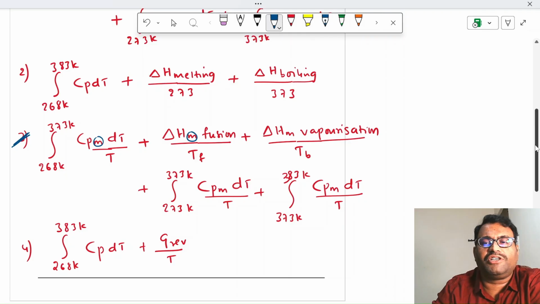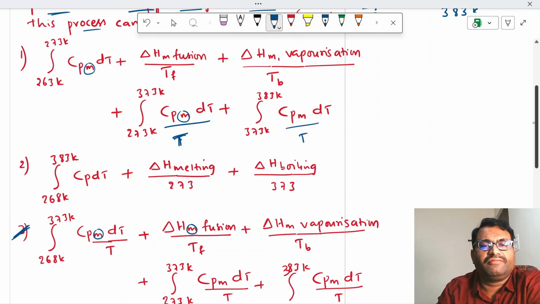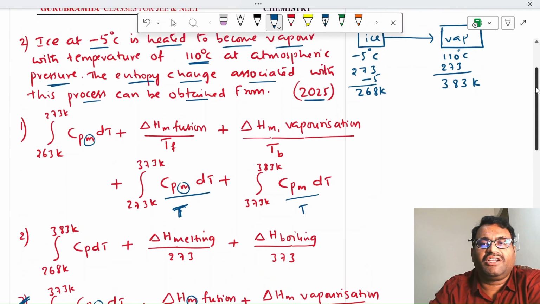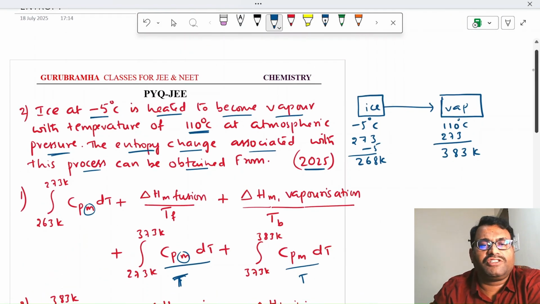The first option also seems similar, but what is missing there is by T; there is no T here, right? Regarding the change of state and the change of temperature, this type of question is asked. Hope everyone understood. We shall meet in the